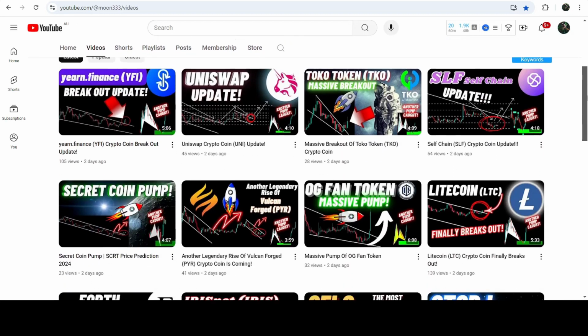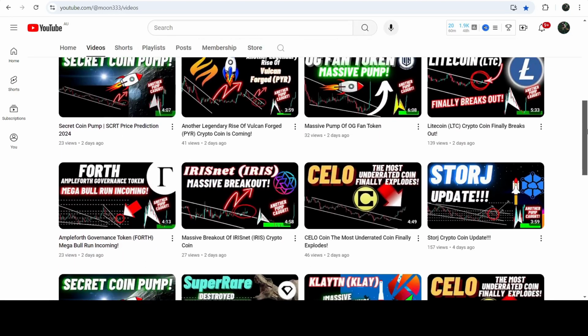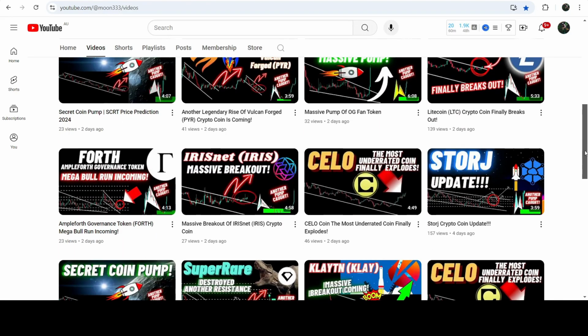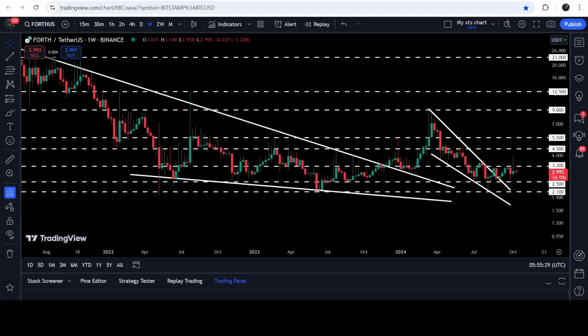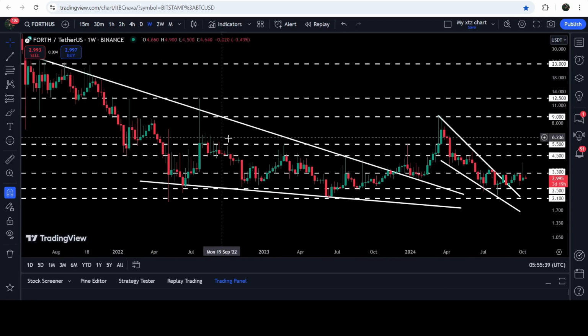As in my earlier videos, I was showing you that Forth has recently broken out another falling wedge pattern on a daily time frame chart, and this was my last video that I shared almost 2 days ago with you. And now if you take a look at the live chart, this is by the way a 7 days time frame chart, and this was the falling wedge pattern that I was showing you on a daily time frame chart in my previous video. You can see that here on this 7 days time frame chart, first we broke out